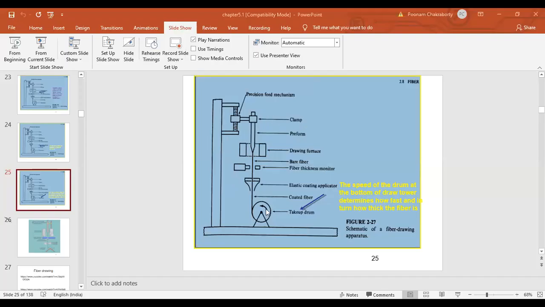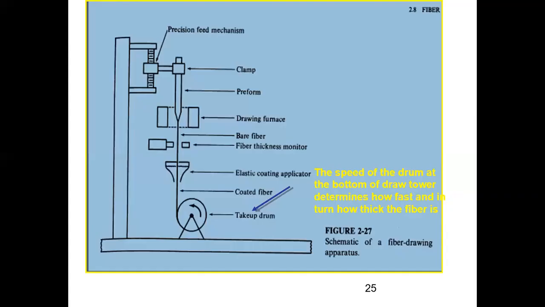Okay, so this will just give you a rough idea of how the drawing tower works. This is the simplest way, which is there in our book. No need for us to explain all those sophisticated things, but at least these basic things should be there in the fiber drawing tower. Now I have seen how I can draw thin fibers.